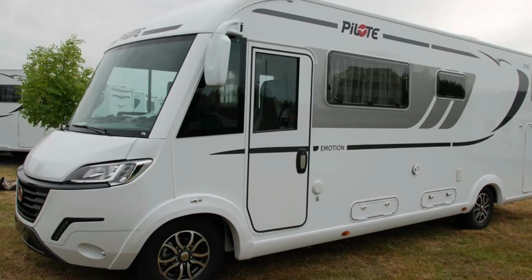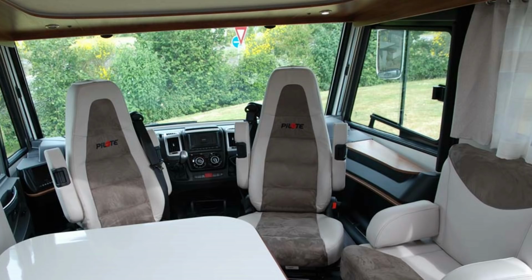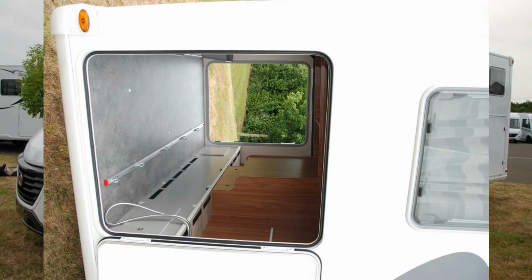It measures 787 centimeters by 230 centimeters and offers 5 belted positions and 5 seats around the table and 4 sleeping places, although you can have an extra 2 sleeping places if you so desire. Driver and passenger seats are from the Italian manufacturer Agouti, which makes seats for a number of luxury manufacturers, including in this case Pilote. So on a 4,500 kilo basis, you can get well over 1 ton of payload inside,